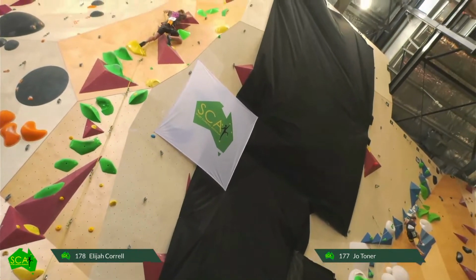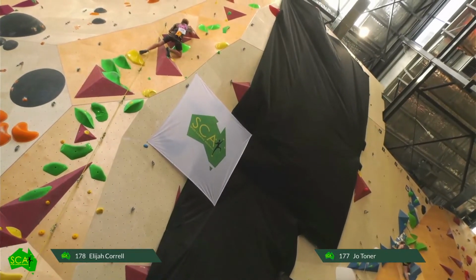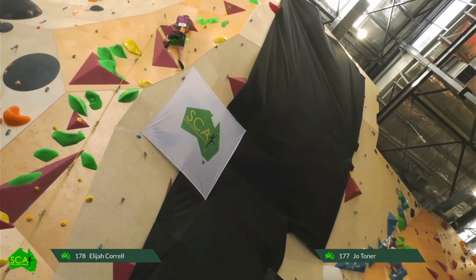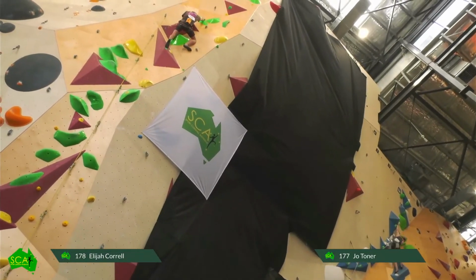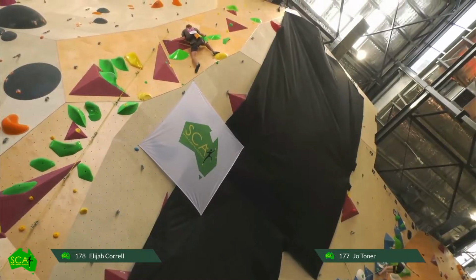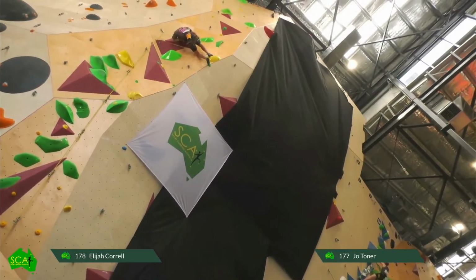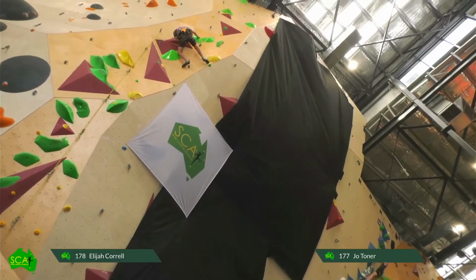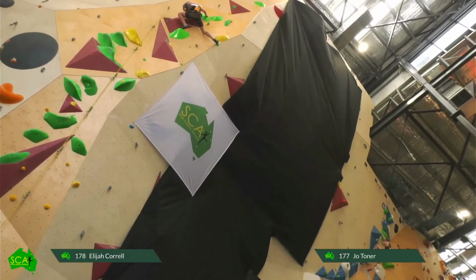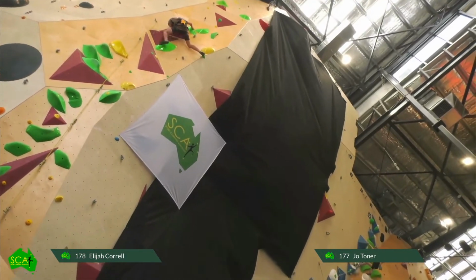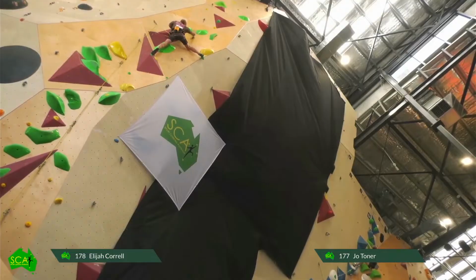Oh, Joe just cutting loose there. Okay. Well, stand by, folks. Just getting some interesting shots here for you. Got Elijah and Joe. Joe looking pretty good, actually.